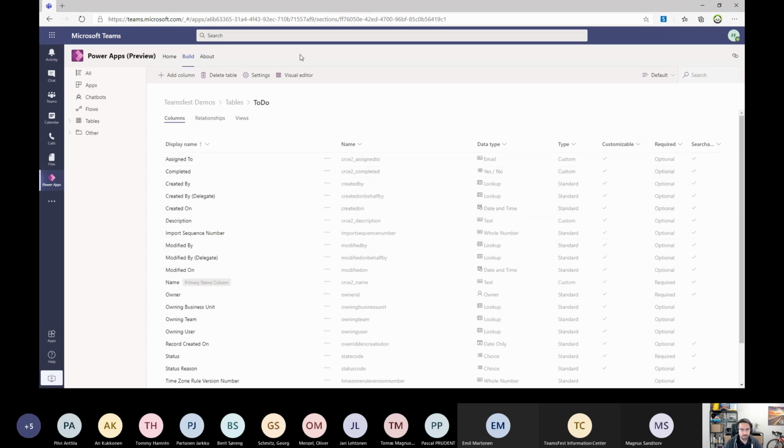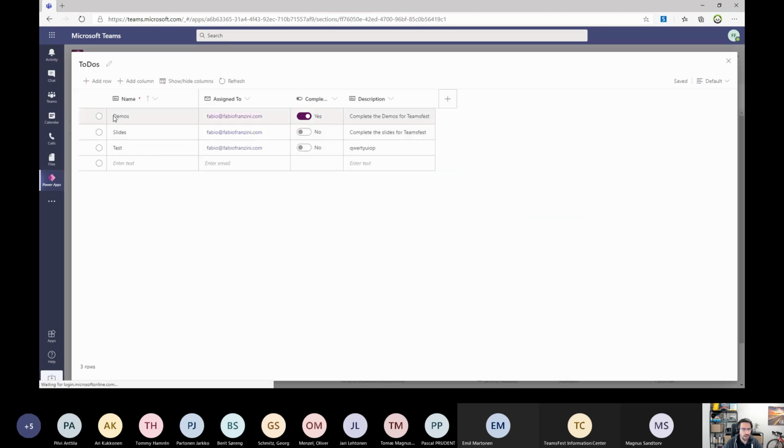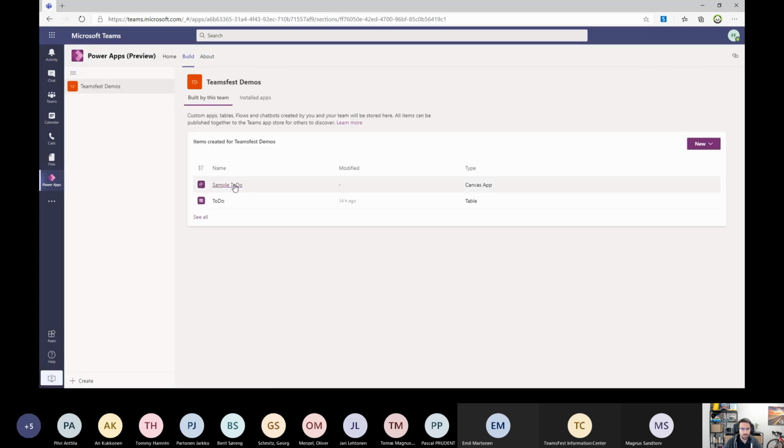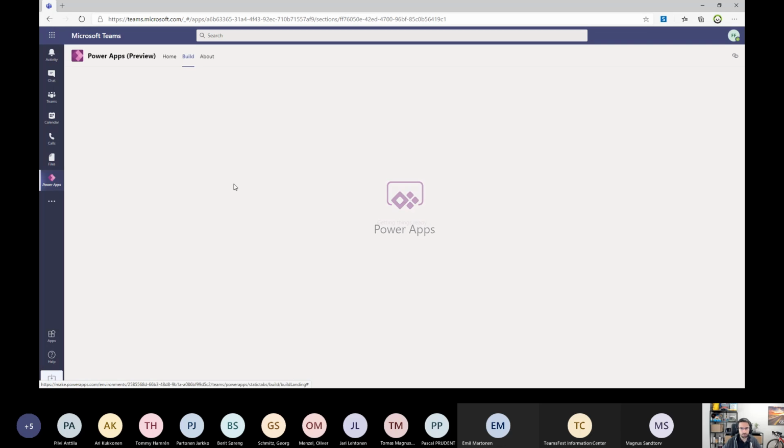These are all the fields, but I can go to the visual editor to add another field or change the data or fields inside this designer. And of course, if I click on the sample to do, I'm able to navigate again to the designer.